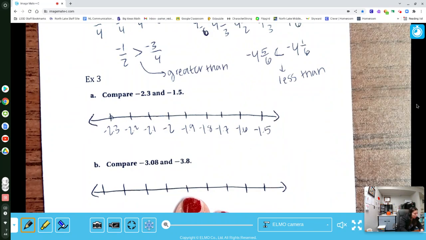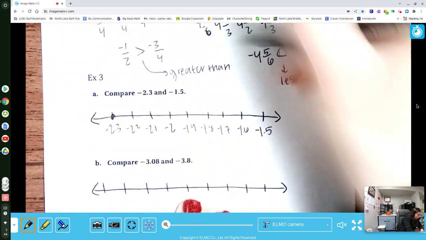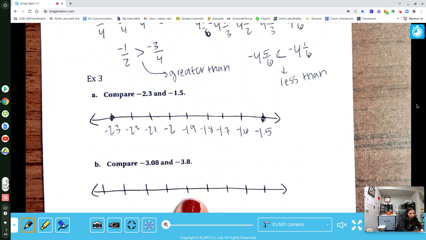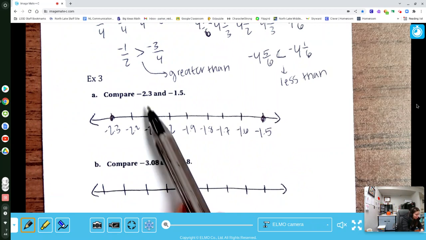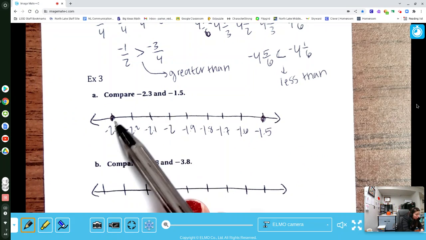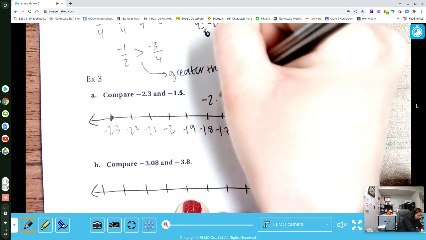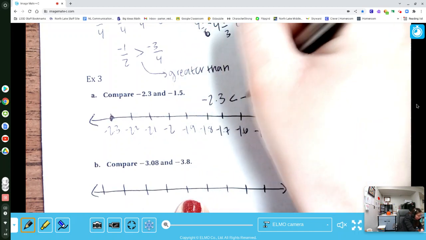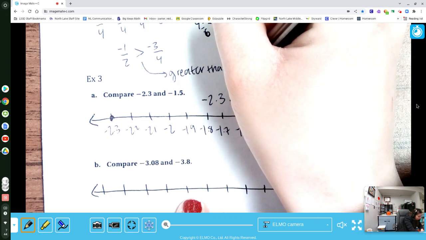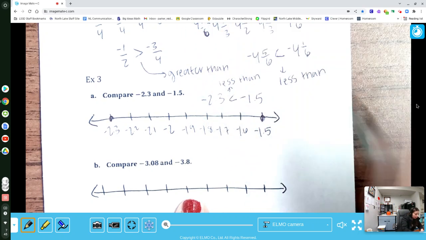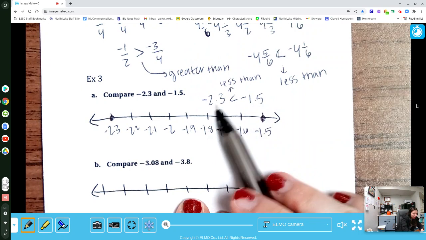Now I can go ahead and plot my numbers, negative 2.3 and negative 1.5. Again, anything to the right is greater than anything to the left. So if we look at this, we can see that negative 2.3, negative 2 and 3/10, is actually less than negative 1.5. Negative 2.3 is less than negative 1.5. Remember, the alligator eats the bigger one, so if it's eating this over here, that means this number is less